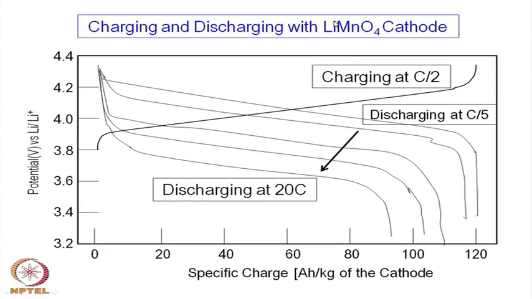a particular compound, which is a spinel structure, lithium manganese oxide. Manganese oxide spinel structure we have seen earlier. This is the charging characteristics of that, and these are the discharge characteristics under different conditions of discharging. Now, discharging is normally done at a rate designated like C/2, C/5 or 20 C. Now, just to have a